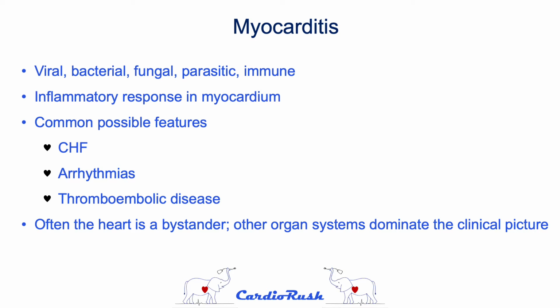So that last case was an example of myocarditis, and again, the findings can overlap with the other forms of heart disease we've talked about. That particular case looked a lot like dilated cardiomyopathy, except for the age of the dog and the thrombus in the left heart. So myocarditis can be a result of viral disease, bacterial infection, fungal or parasitic disease, or it can be immune